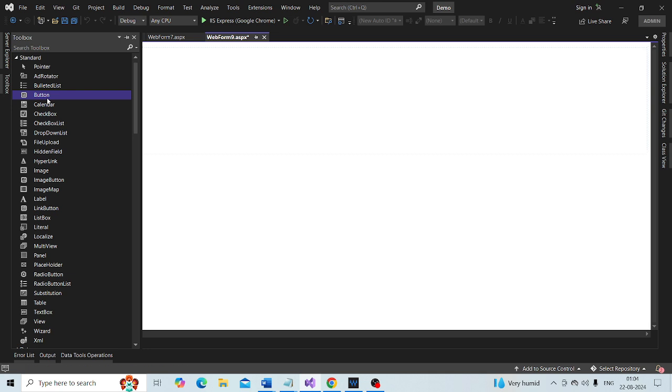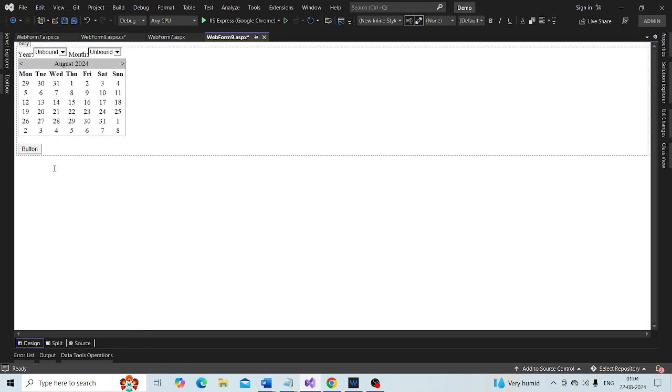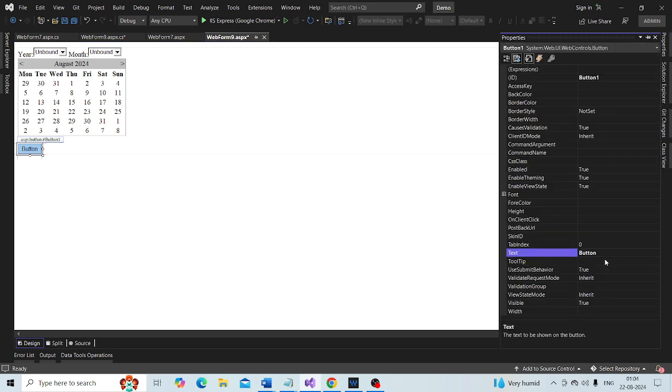Here it is. We have our button control. Let's change the text of this button control. Select it, go to its properties, and change the text to Get Selected Date.